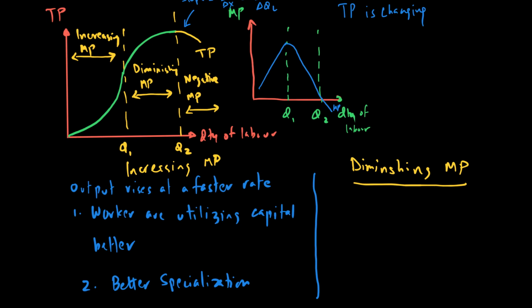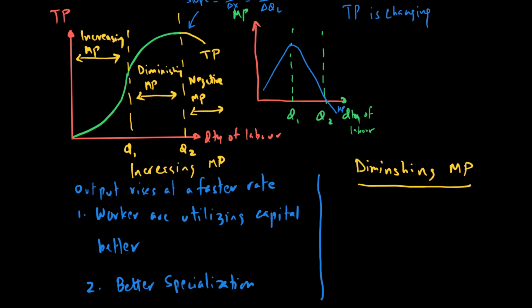What do we mean by this? Well, look at this. Let's say labor is the variable factor and capital is the fixed factor. So when you keep on adding labor to the capital, each labor will get less and less of capital to work with. So in other words, the capital to labor ratio starts to fall. Capital being the fixed factor, it's fixed, and labor is the variable factor, so you keep on adding labor. So as we increase the variable factor,